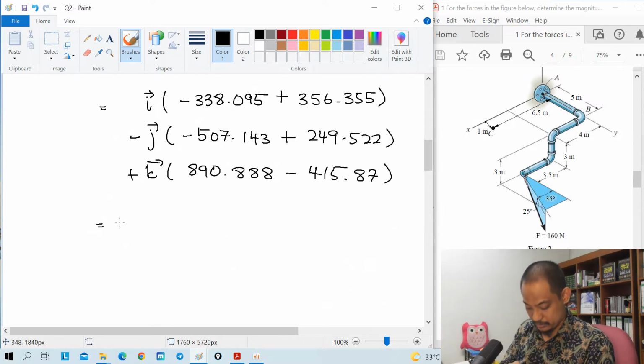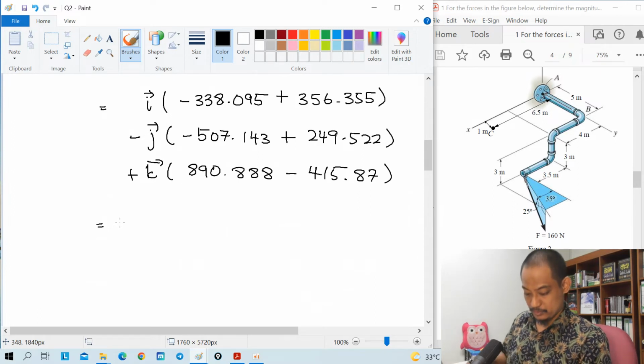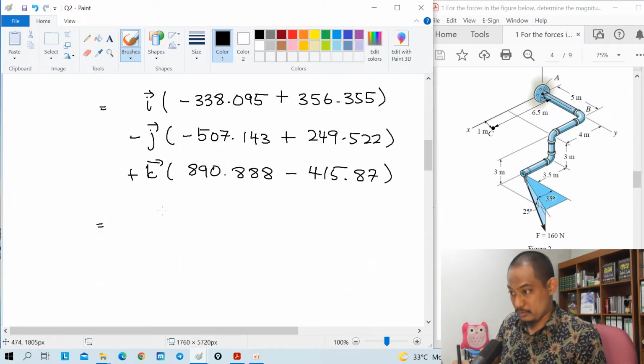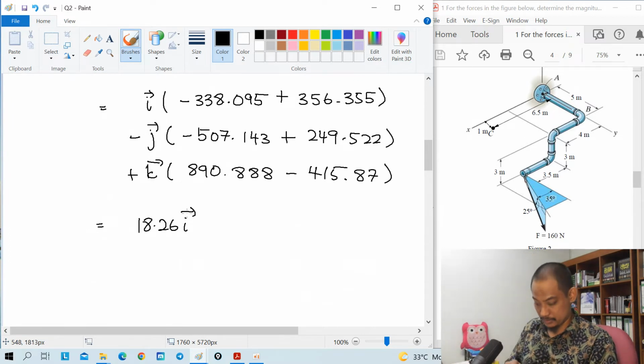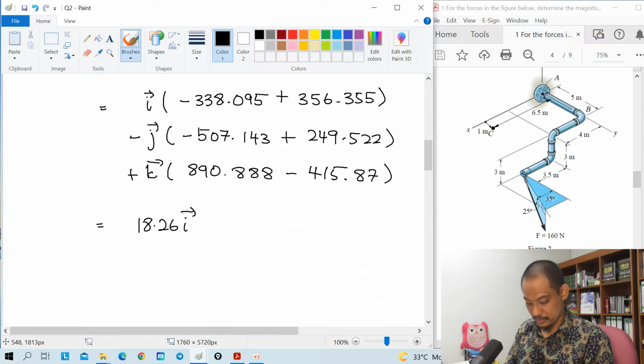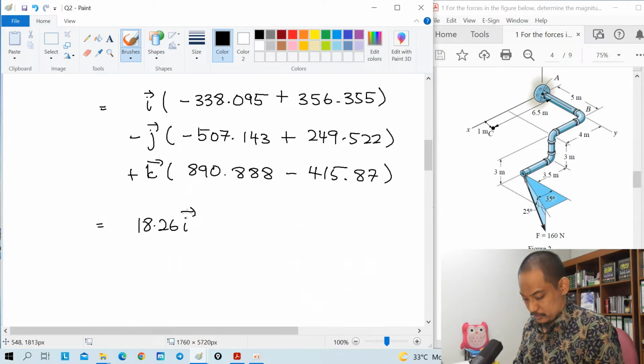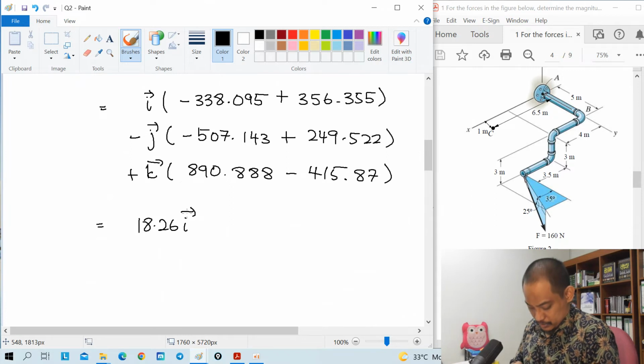So minus 338.095 plus 356.355, 18.26. Double check, minus 338.095 plus 356.355, 18.26. All right, so minus